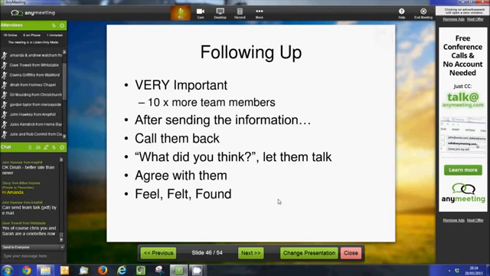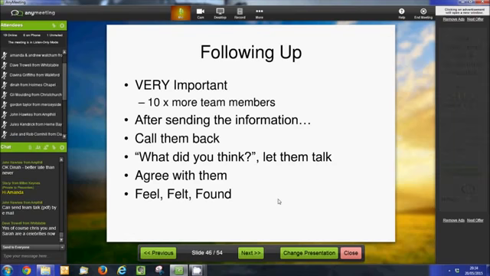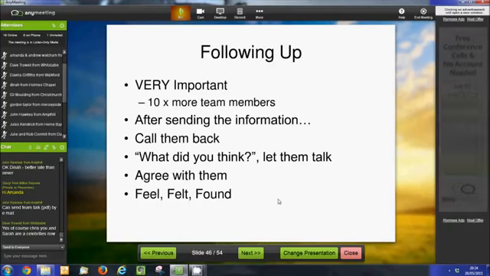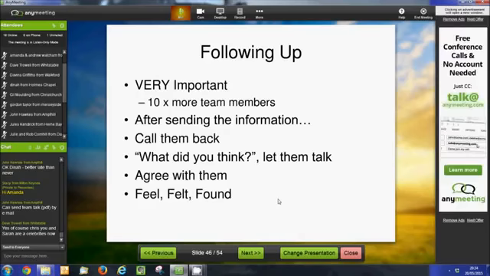If they've got any concerns, then always agree with them. Don't disagree. If they say, oh, well, it wouldn't work around here because I think there's somebody else who already does it, don't say, oh, no, you're wrong about that, because that's just going to get them feeling antagonistic. Agree with them and say, oh, yeah, you know what? I know exactly how you feel. When I first started, I felt exactly the same, because I was worried. I knew there was somebody who'd been delivering catalogues to us just a few days earlier. But what I found was, and then you can explain your situation.